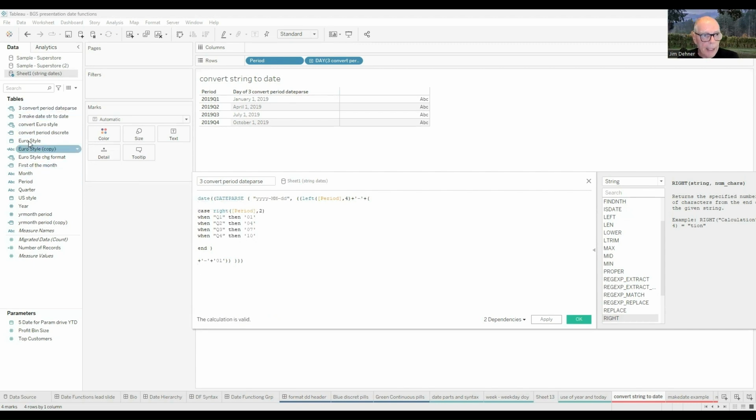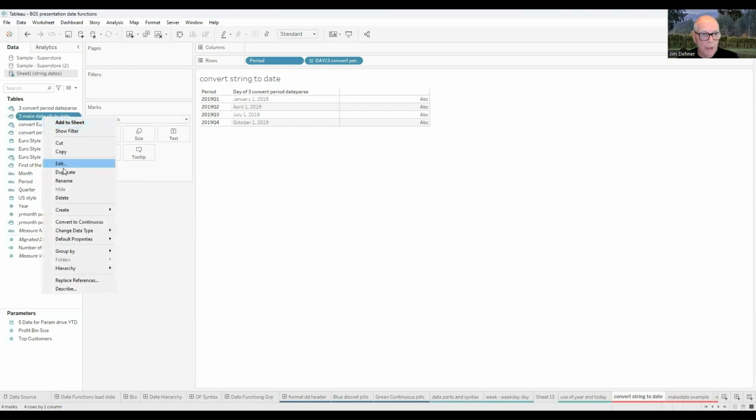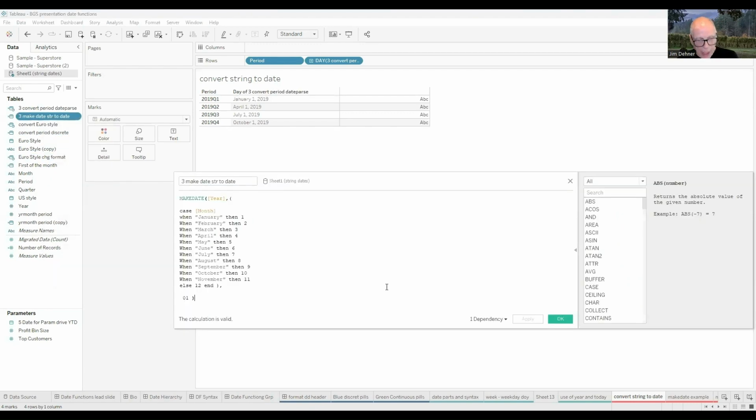Okay. And now we can see that it's just a real date. Okay. And that's how that's done. Well, there's another way of doing it. You might not want to do it that way, and you might have data that's different. And that's by using